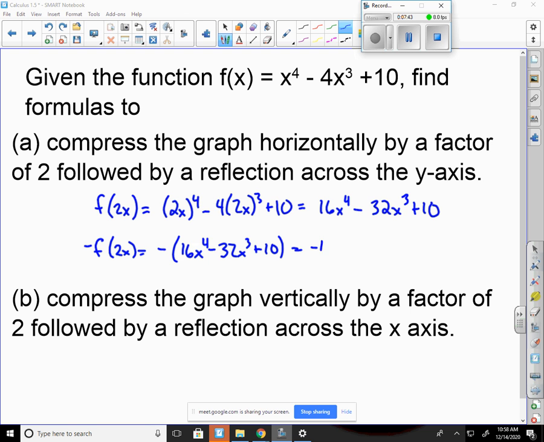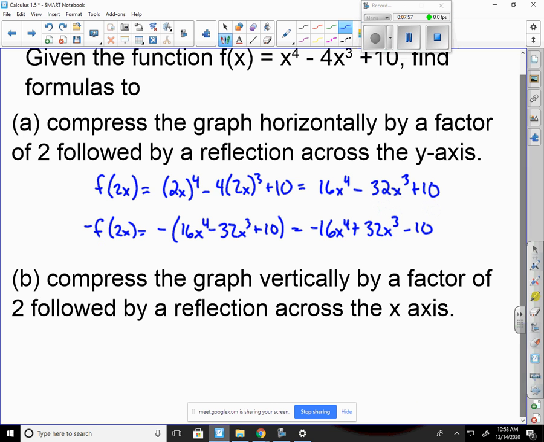So I switch all my signs. Negative 16x to the fourth, minus 32x to, plus 32x to the third, switches that sign, and then minus 10. For part B,